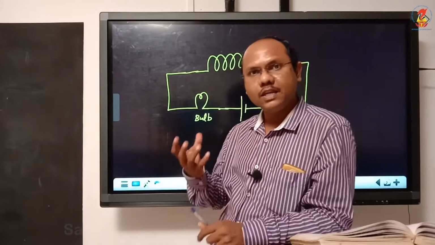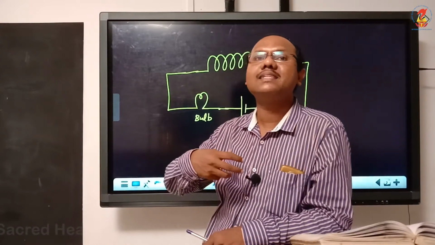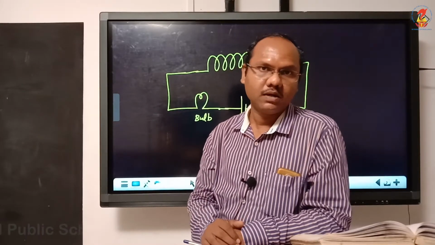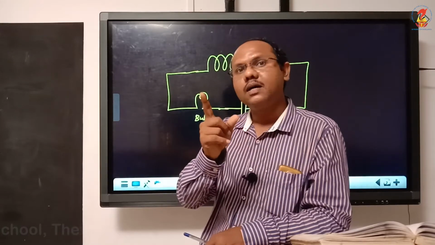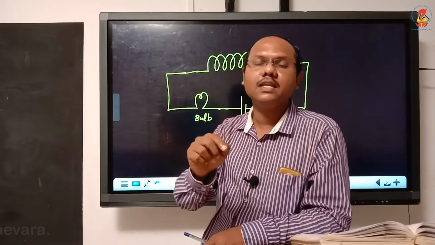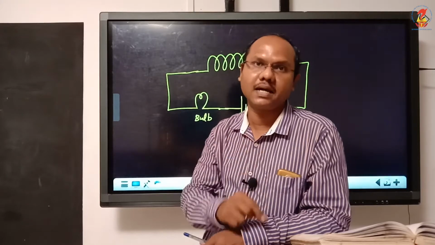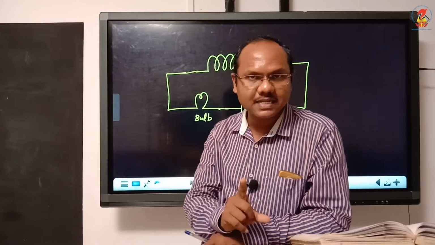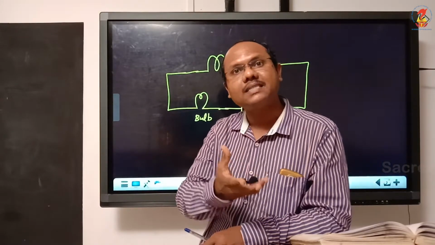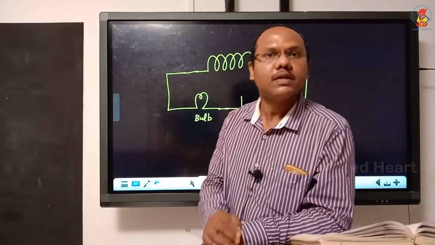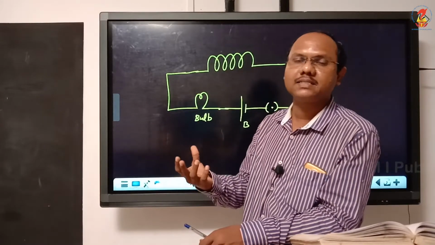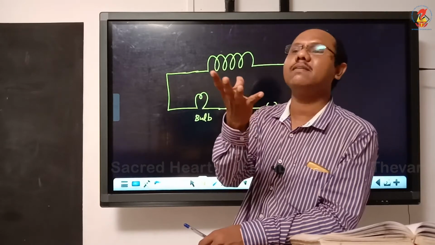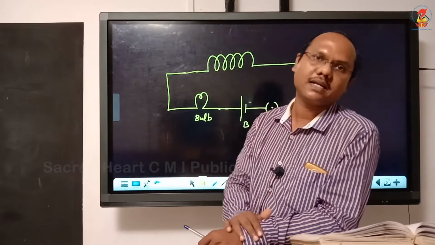That means induced current will flow in the same direction, assisting the applied current. Okay, initially I told when the switch is closed, induced current opposes the applied current. But when the switch is open, the magnetic flux decreases and the induced current assists the applied current. That means the current in the circuit will decrease slowly. So instead of switching off, the bulb will glow again with more brightness, then only it comes to off position.